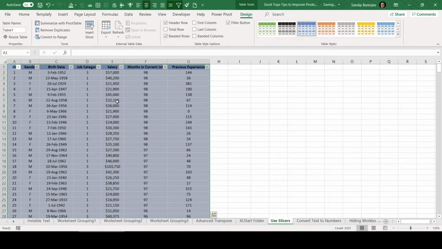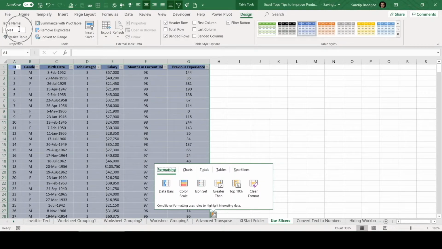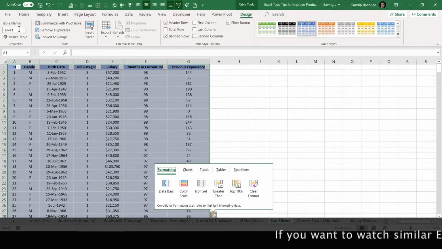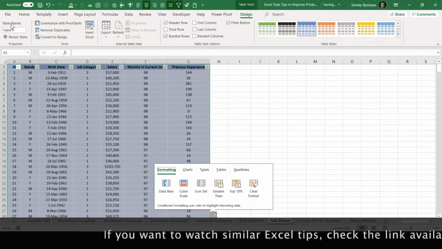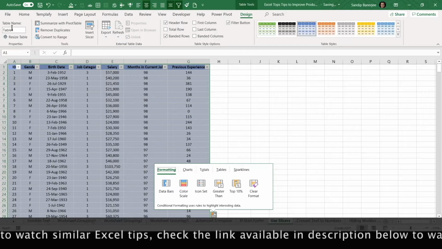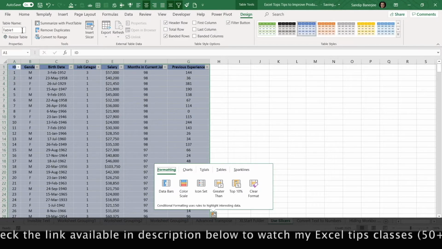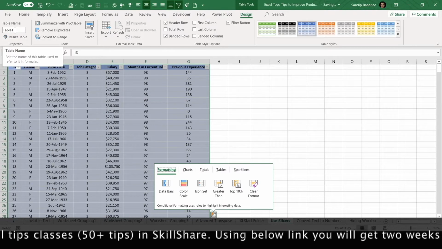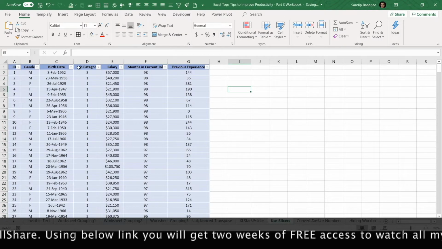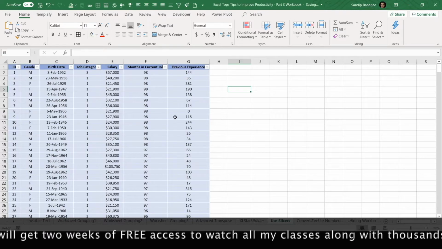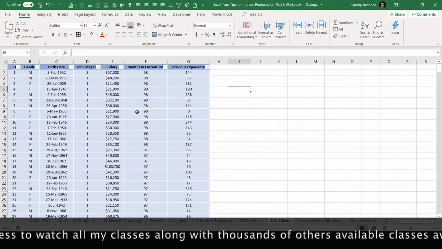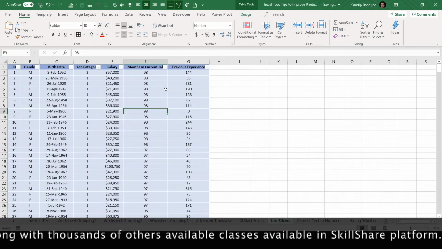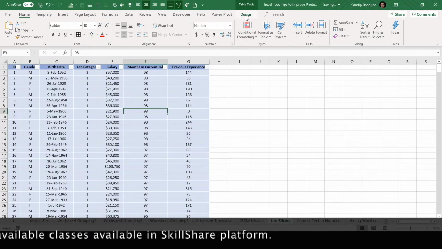Now you will see there are certain changes. You can see a table name option also came. So now Excel is considering it as a table, and here you can also assign a name to this particular table. We are not going to do it for now because that is not required in this table. Once this data has been formatted as a table, you can click on any of the cells there, and then you can go to the Design tab.